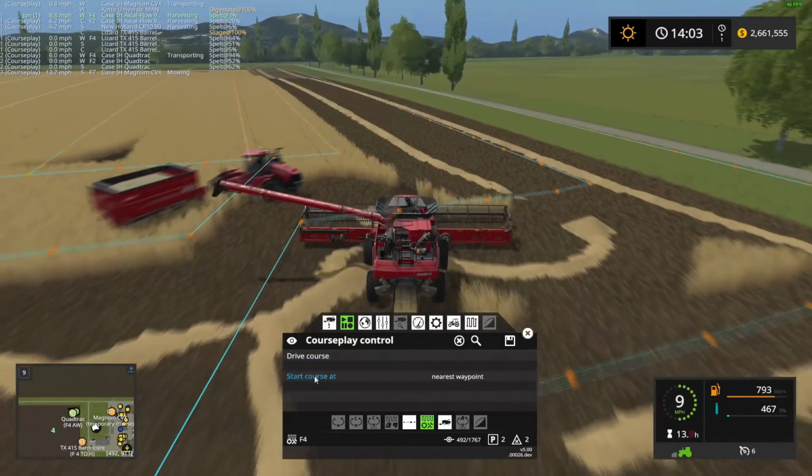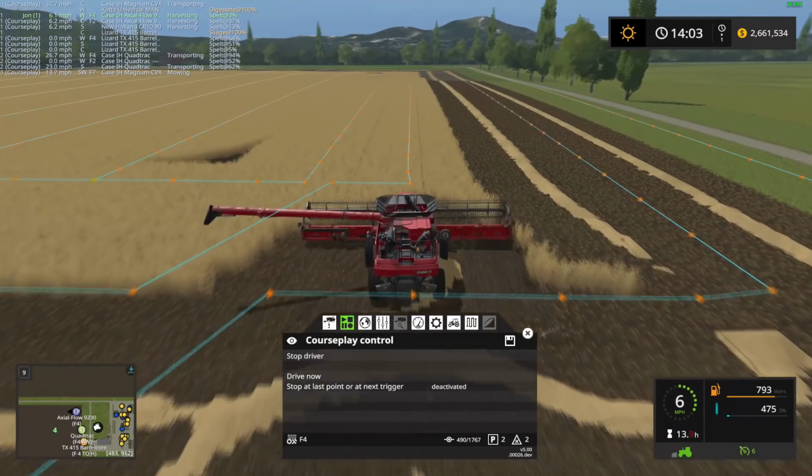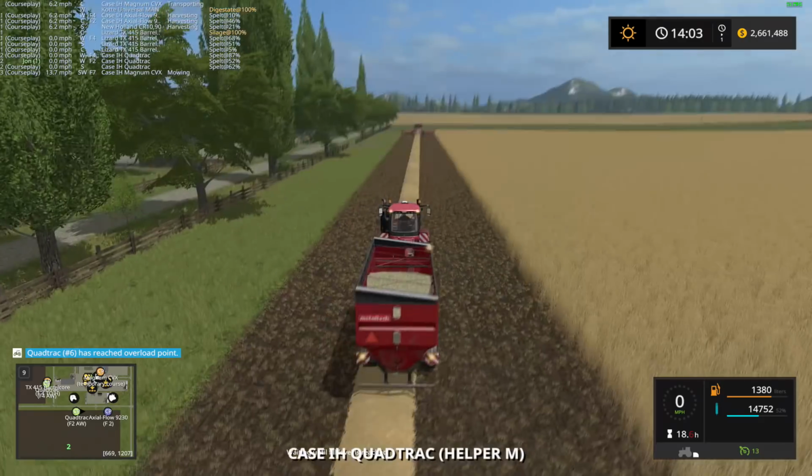Yeah, come on, unhook here, let's go. Well, come on now. I thought I could handle it with just the auger wagon tractor there, the quad track, but unfortunately I had to get in the actual combine and move him out the way as well. So